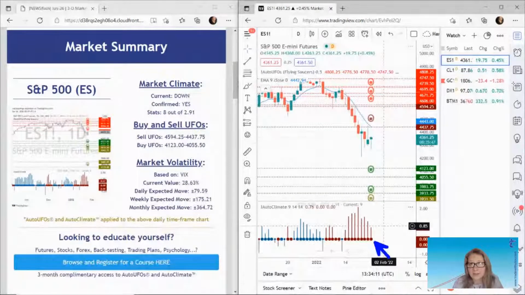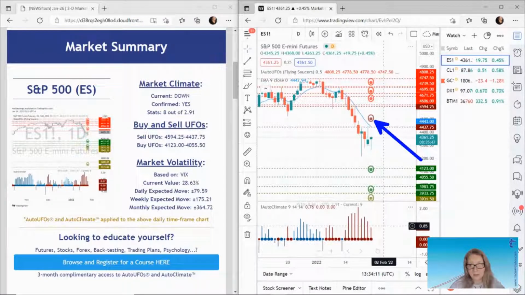So usually on a daily time frame, the US stock market would move down for 3 days. We are currently on number 9. So we are 3 times further to the downside than we should be, or than what would be normal. However, still probability down, and we have sellers above us here between